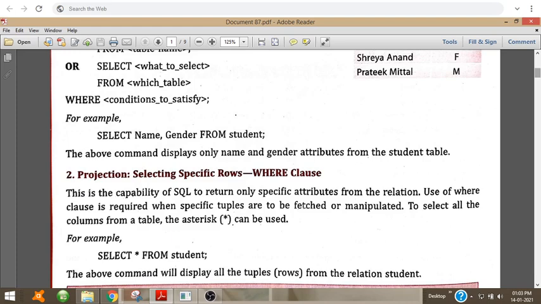Now this is the capability of SQL to return only specific attributes from the relation. So use of the where clause is required when specific tuples or specific rows are to be fetched or manipulated. To select all the columns from the table, we use star, that is, the asterisk symbol.